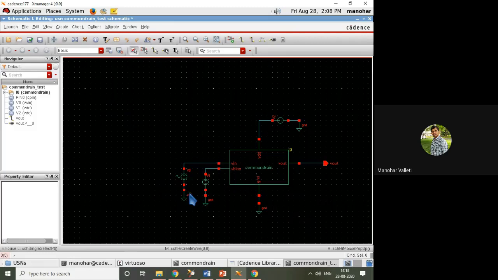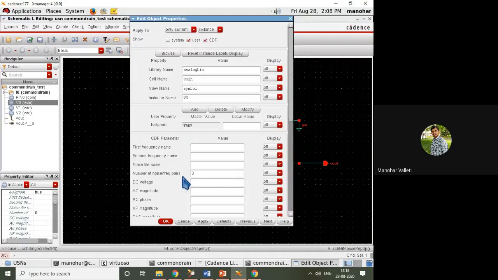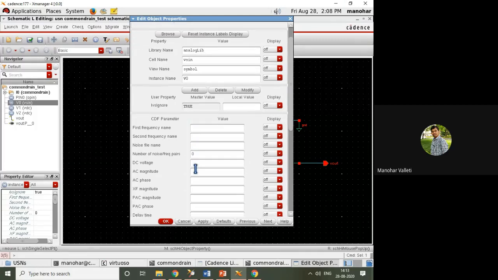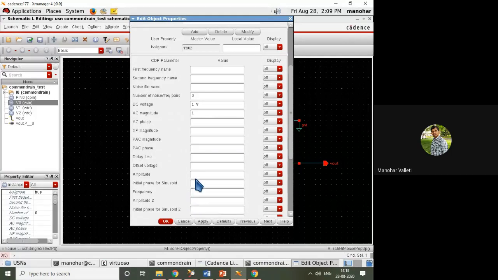Now I need to put the settings properly. The transistors have to be properly biased, then only can you get proper circuit operation. So keeping that in mind, I am giving the settings here. Sinusoidal source: DC voltage will be 1, AC voltage will be 1, and amplitude, I'll try to give as small a signal as possible, 1 milli.